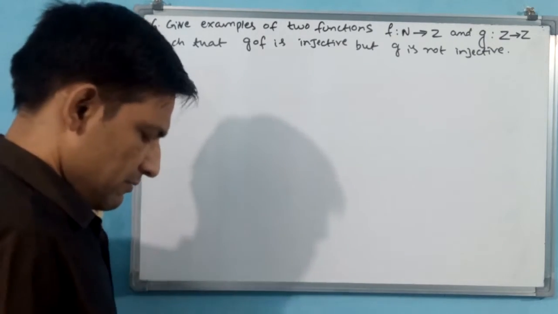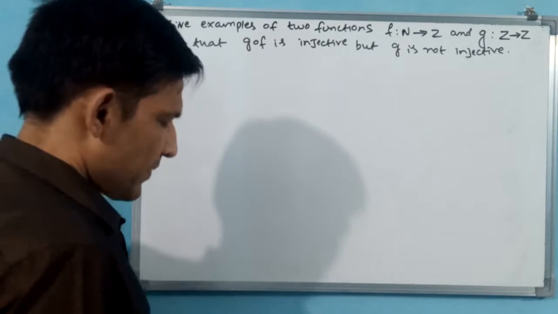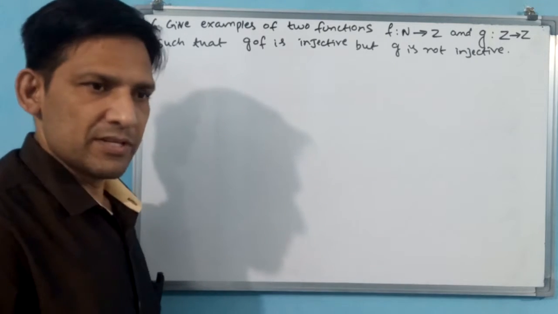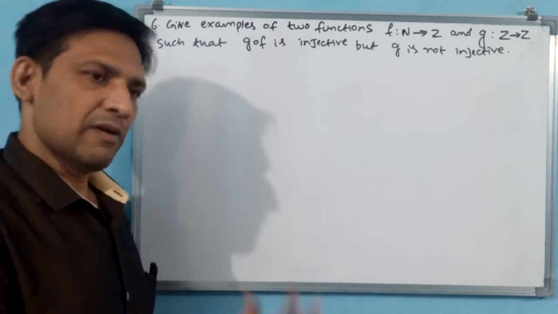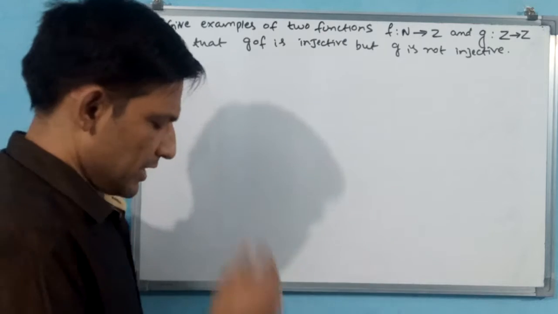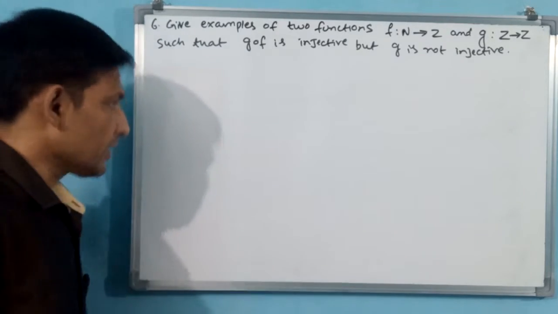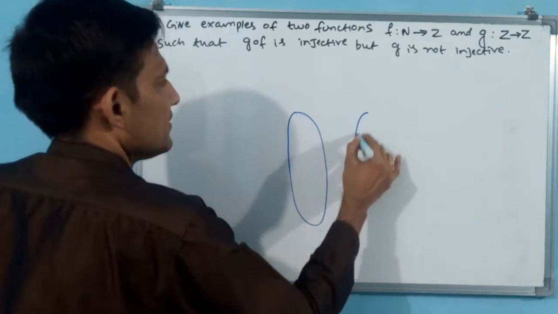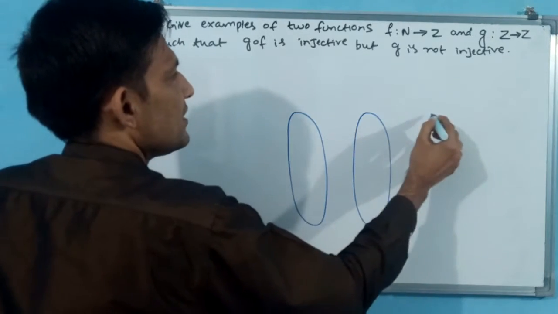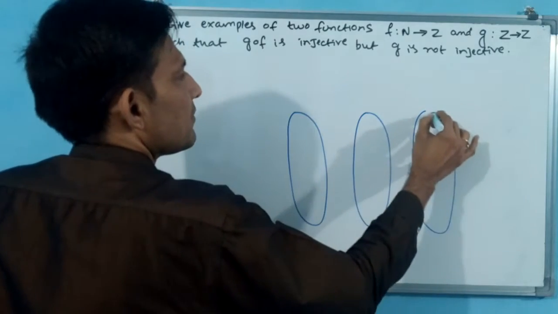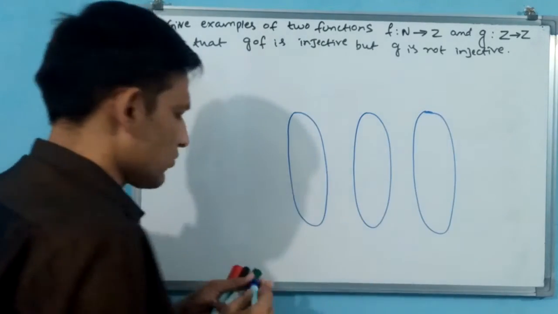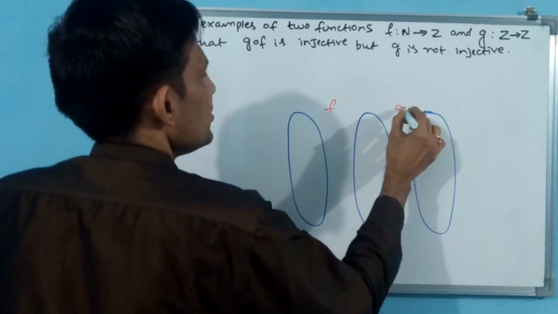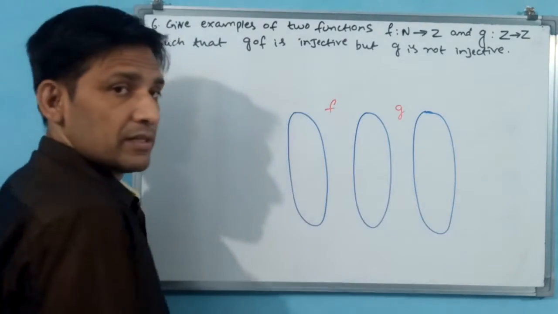Now we know very well what is one-one, what is not one-one. Not one-one, there is no other name. For one-one, injective. Let us write. You design like this. You see, two functions means three boxes or circles have to come, arrow diagram. Say this is f, this is g, and from here to here this will go.